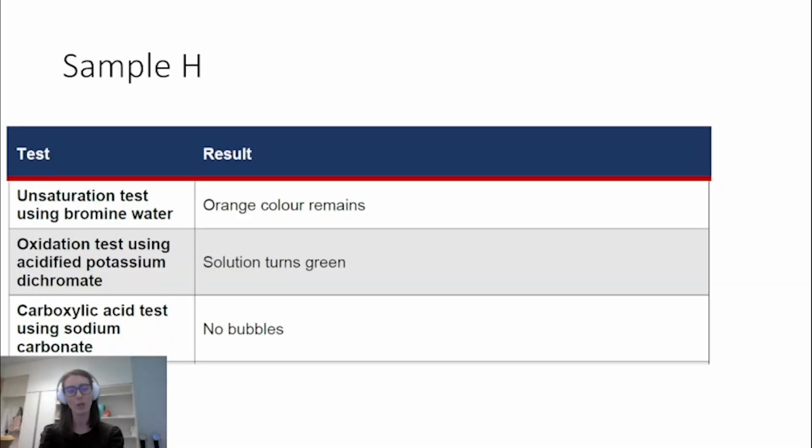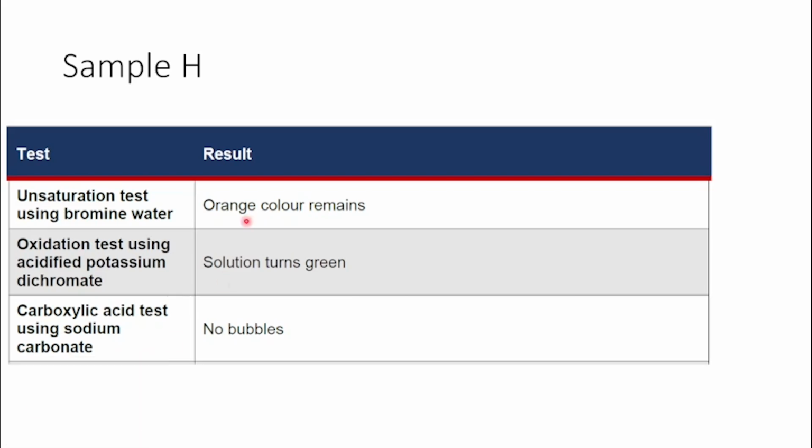Hi everyone, we're going to have a look at sample H now. So for sample H, when we try the unsaturation test, we find that the orange colour remains. And this means that we don't have any carbon-carbon multiple bonds in our molecule. So we don't have a double or a triple bond, so we're not looking at an alkene or an alkyne